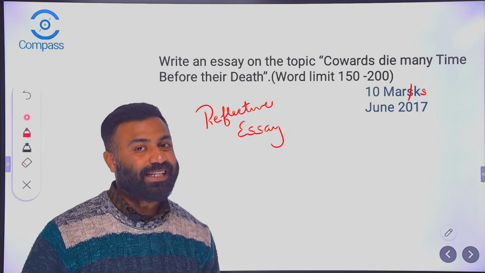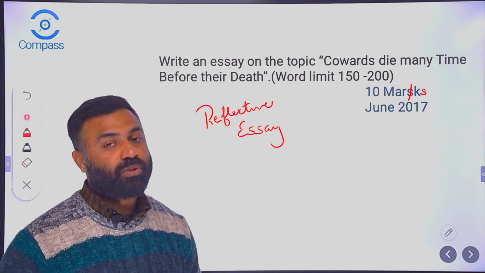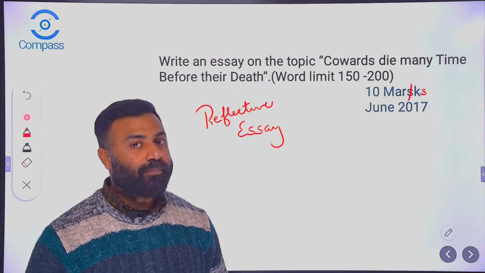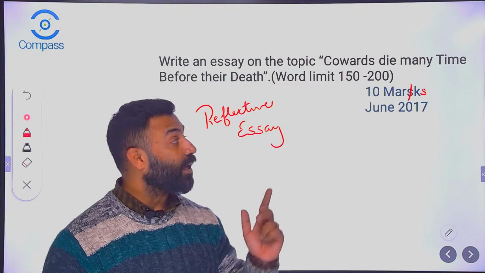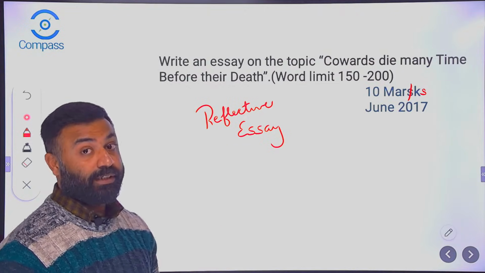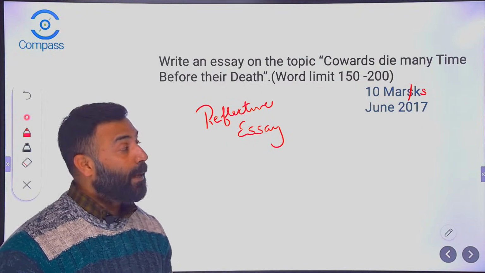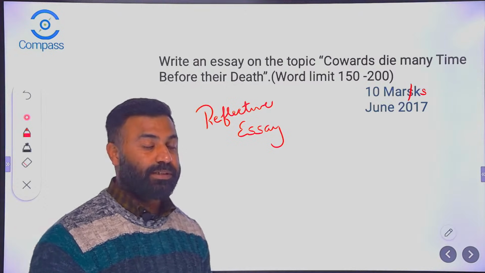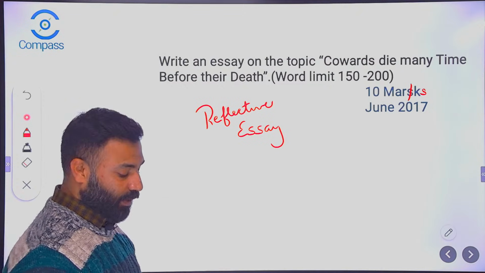So she tells him, I have seen some very horrible dreams, and in those dreams I had seen you, Caesar, that you had died, and I'm requesting you not to step out of the house. Then Caesar spoke this line. What did he say? Cowards die many times before their death. And then unfortunately he stepped out and he got murdered. But this is a very famous line from William Shakespeare's play Julius Caesar, and the character Julius Caesar had spoken this line. So what does it mean?